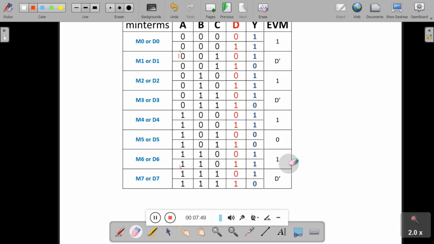For further solution using K-map, you have to refer to my earlier videos, where I have explained how to solve this using K-map. For the lab perspective, we will try to draw the circuit diagram.